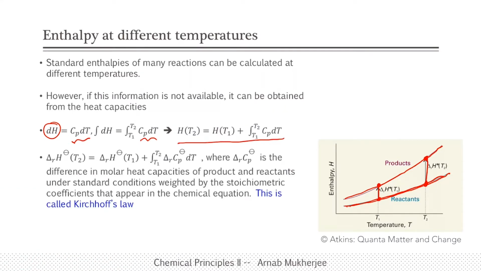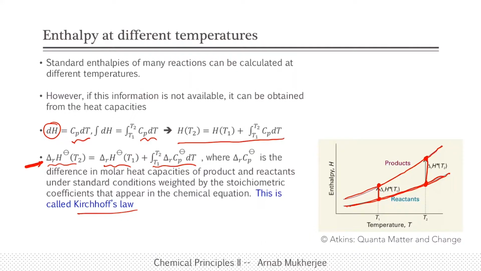So, that is what is mentioned here, which is called Kirchhoff's law. The heat of reaction at one particular temperature T2 is equal to the heat of reaction at a temperature T1 plus the integration from T1 to T2 of delta R Cp. So, it is now the difference in the reaction Cp's, which means that the same way we calculate reaction enthalpy, we are calculating the reaction Cp,